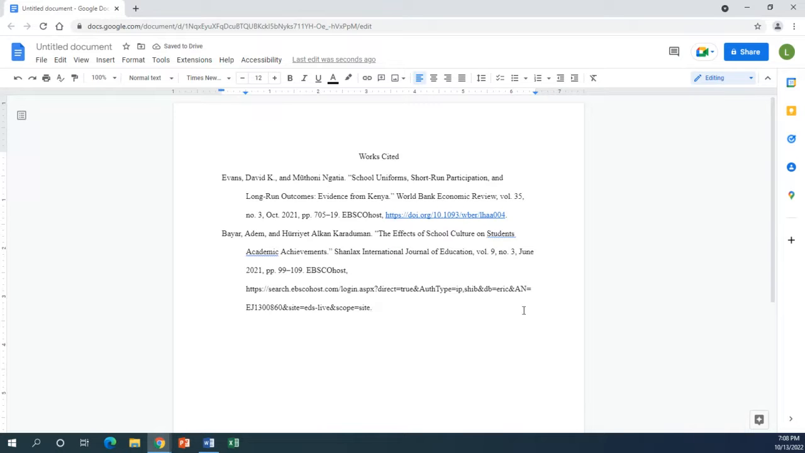We have now pasted our second citation, and as you can see, it has followed the same formatting as our first citation. So we do not need to change the font size, the spacing, or the indentation. But we do need to place the second citation above the first citation in order to place our citations in alphabetical order. To do so, copy the second citation,